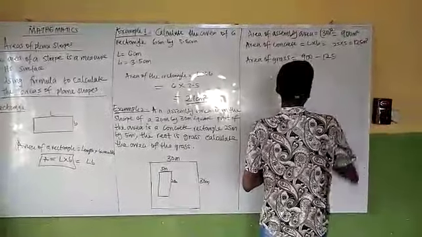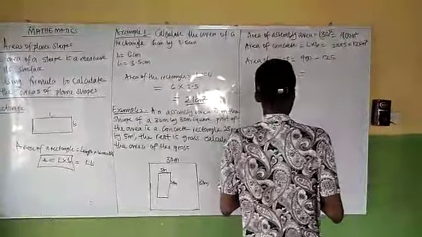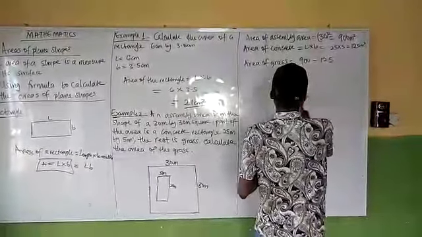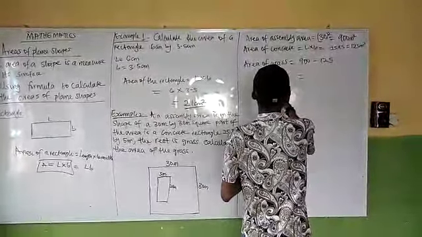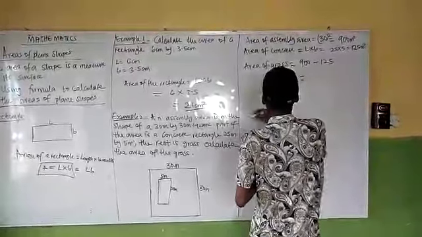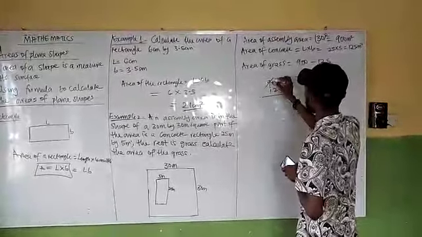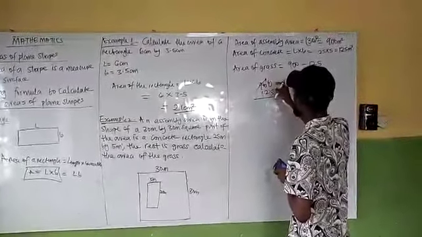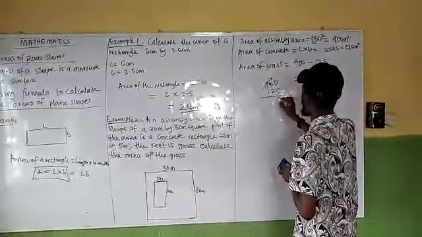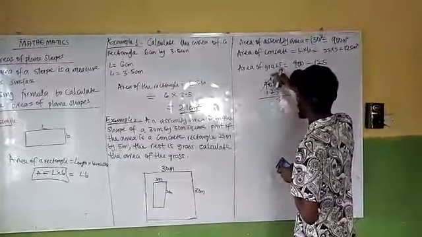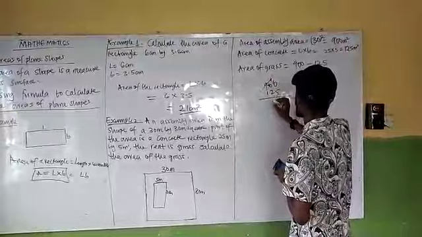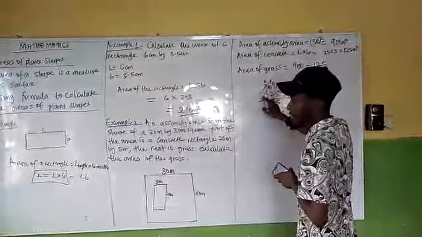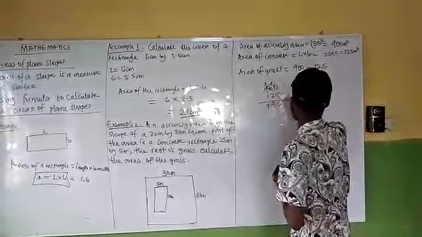So if we say 900, if you take away 125 from 900, let's do it together. This is 900, this is 125, okay? So you borrow 1 from there, add it here, it becomes 10. Take away 1 from this 10, here 9, add it here. So 10 minus 5 will give you 5. Then here you have 9. 9 minus 2 will give you 7. Here you have 8. 8 minus 1 will give you 7. So which means